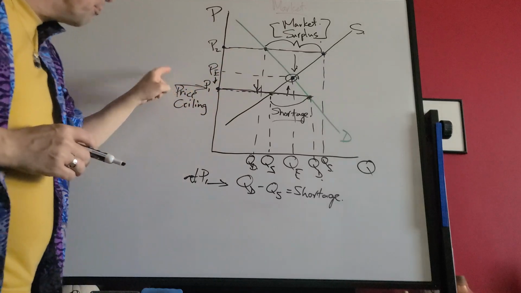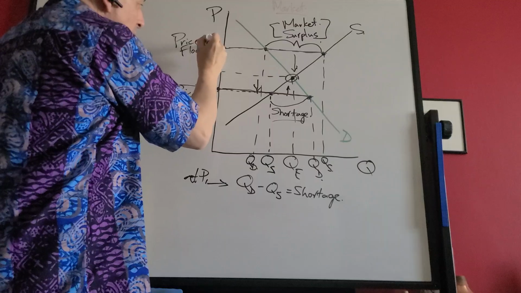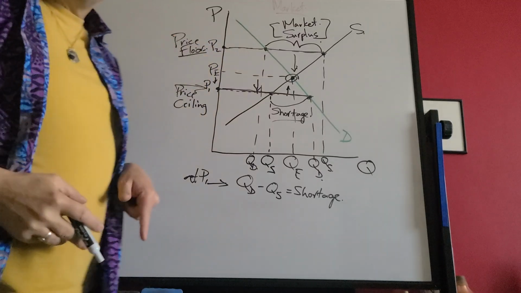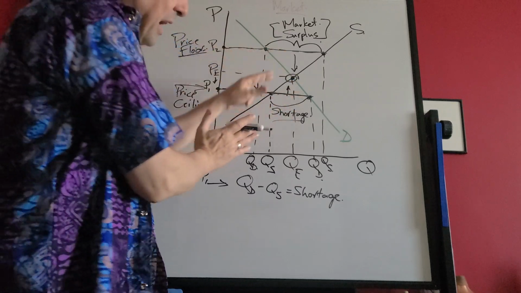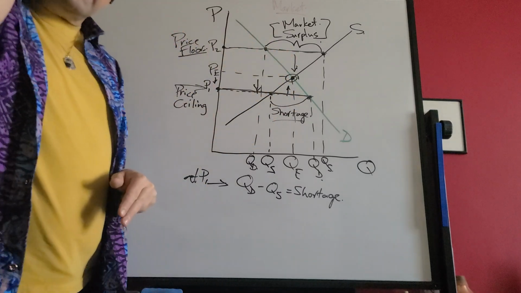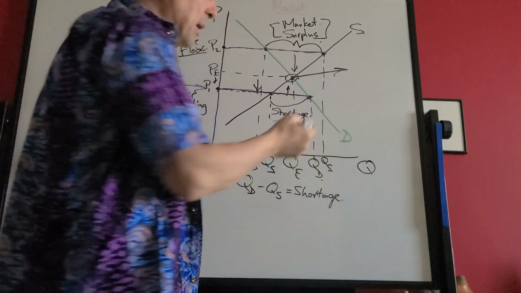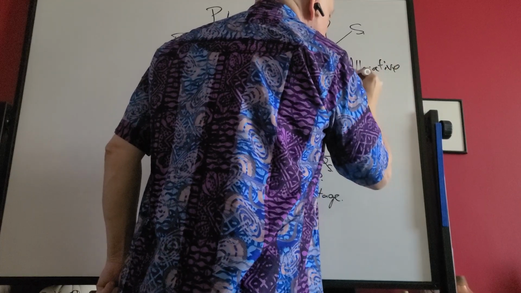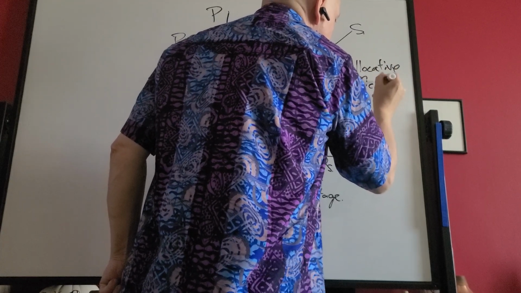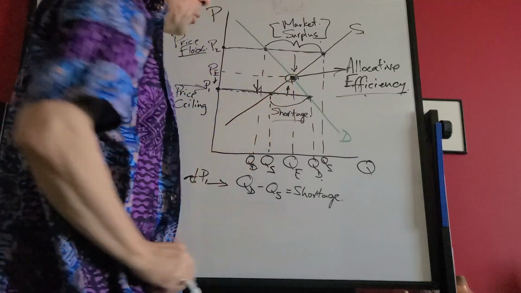When you have these government imposed, so we'll call this price floor and price ceiling, right? If these are government policies, then the market is not allowed to operate in the most efficient way, because right at this point of equilibrium is where we achieve allocative efficiency. Right? We're going to see a little something about market failures before, but like this point of equilibrium,